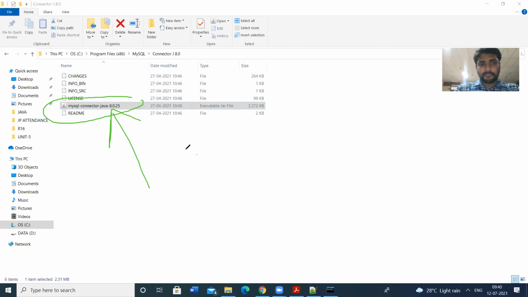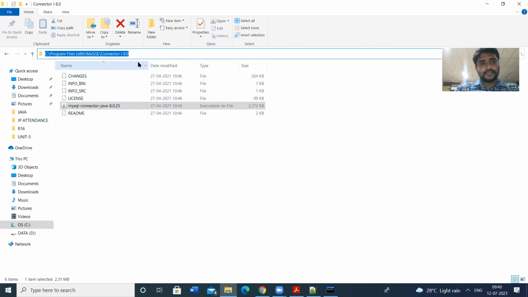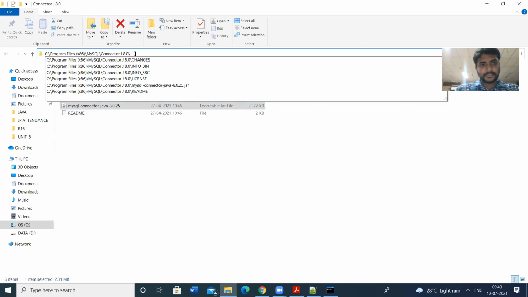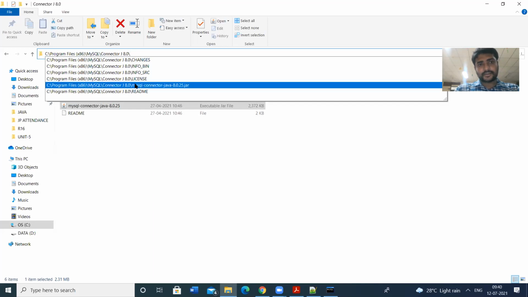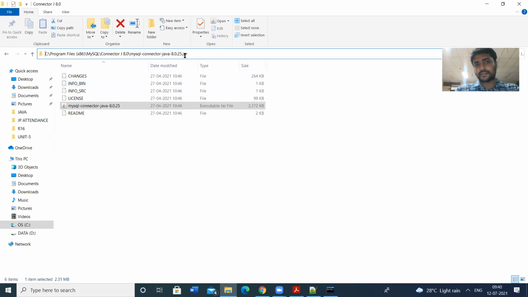We have to identify this path: Connector J 8.0 slash mysql-connector-java-8.0.25.jar. This is the location of the JDBC driver, which we have to give as the class path.